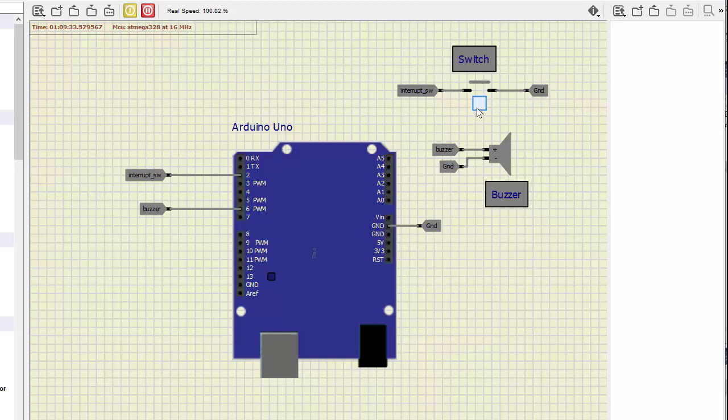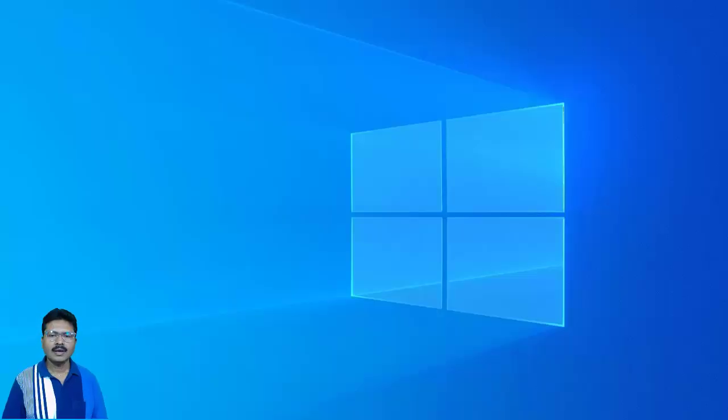When the switch is pressed, the interrupt switch pin gets a low signal. So as long as the signal is low, it acts as an interrupt and the buzzer is making sound. So the program is working perfectly.